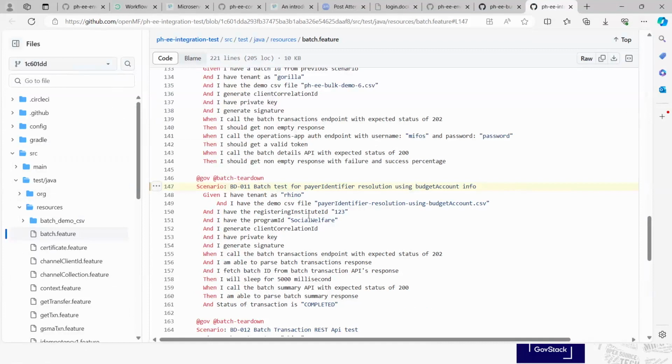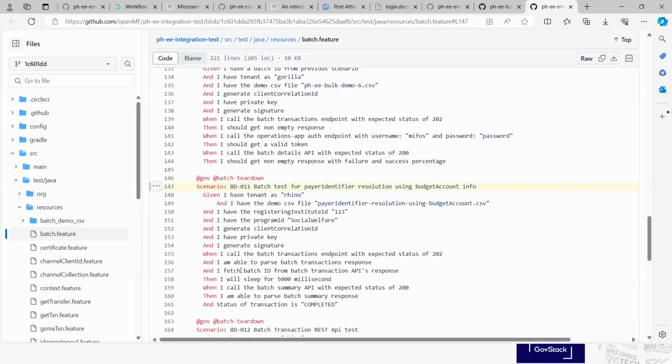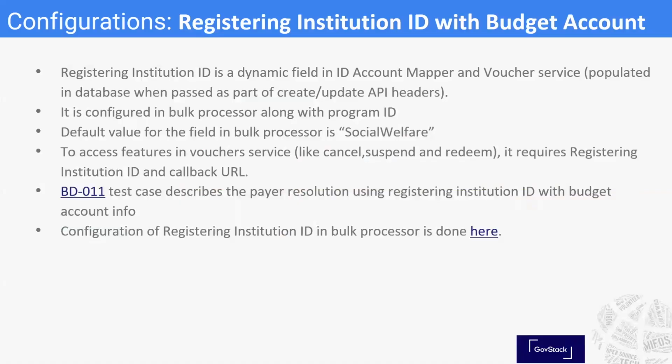This is the test that has been written. Again, because we are talking about making everything packaged together and easy to access, within the resource Helm chart we have this batch demo CSV, which is the test case that would be run. We'll go through these in a bit more detail tomorrow, but you can see they're written as